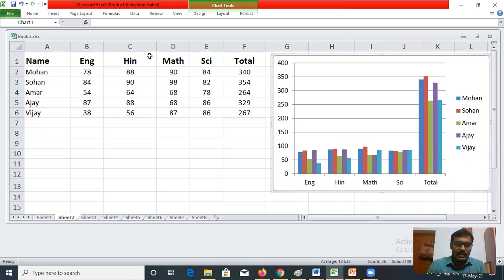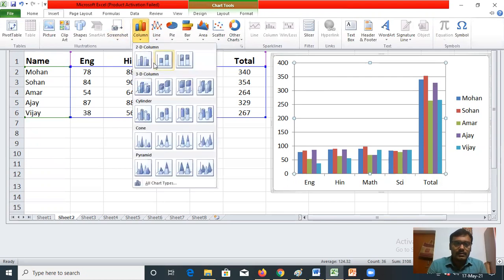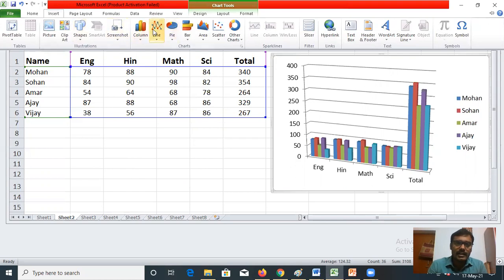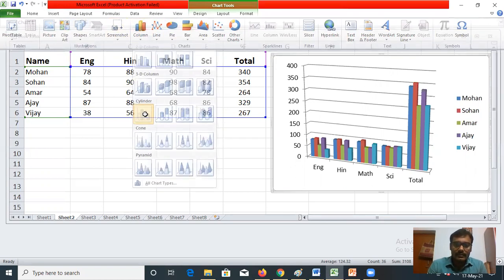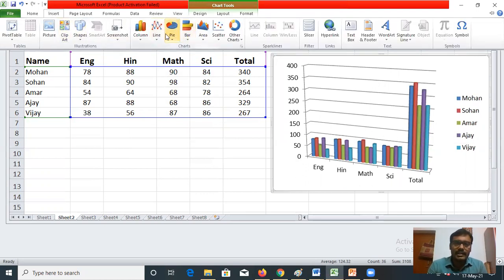So you can also change this. When you click on this chart, its data will be selected. So you have created the chart for this data. Its whole data will be selected. Now you can also click on the Insert button and you can select a 3-dimensional chart, 3D column. You can also select vertical or conical or cylindrical chart. When you click on this cylindrical chart, its figure will be changed. So in this way you can make changes in your chart.